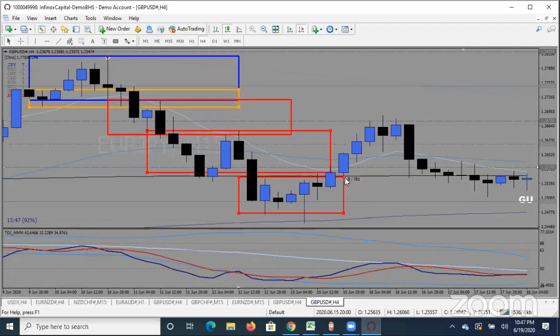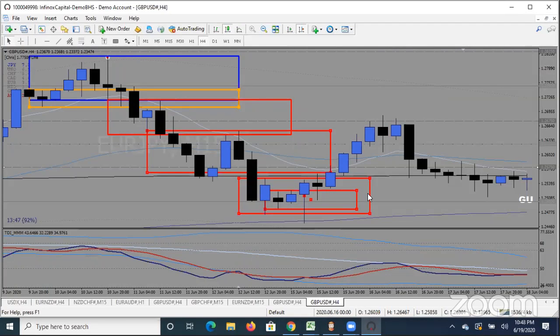Traditional institutional order flow. This is not an order block yet, right? But with the concept of lows and highs, this is an order block because it gave me a lower point. It gave me this lower point here. This is the bullish candle responsible for this low, right? To be able to trade this properly, I now decided to pick this bearish candle inside this bullish candle,